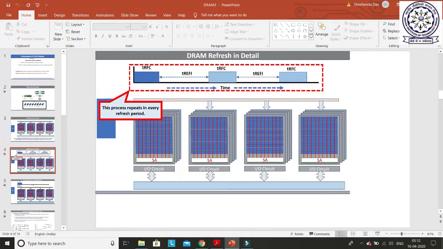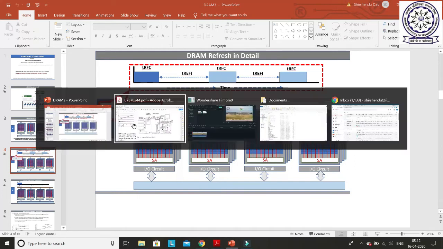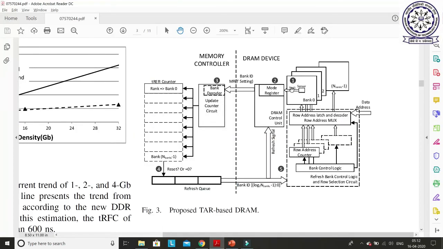I explained the concept of the row counter before. The same applies here: since each bank will be refreshed independently, a row counter is also required for all the banks separately. So for each bank there should be a row counter. This is the main important part: for all banks there should be a refresh interval counter, and for all banks there should be a row counter. And when one bank is refreshing, other banks may not refresh, because their refresh intervals and retention times are not the same. And how do they manage all these things?